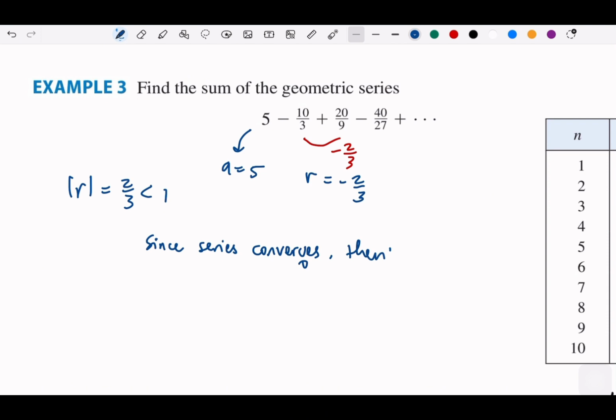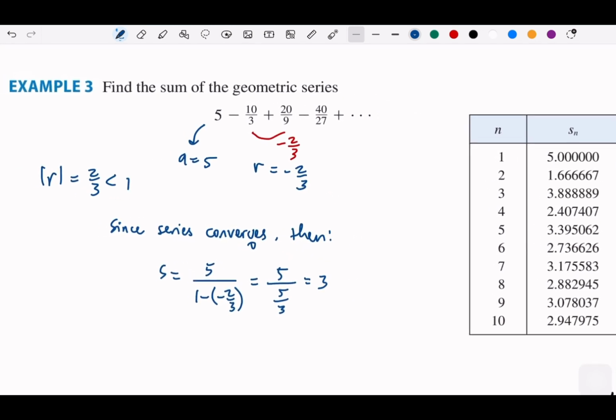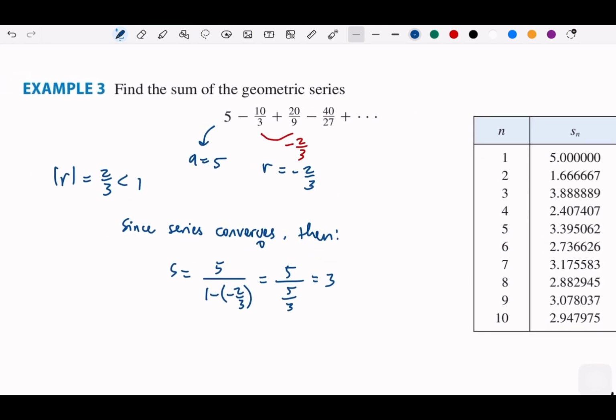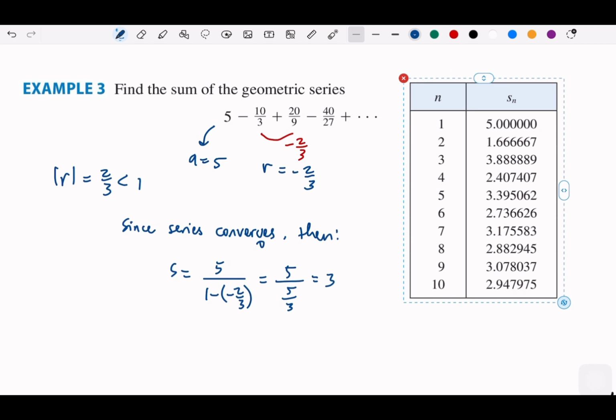Then the sum is 5 over 1 minus 2/3, so 5/3... so 3. And statistically, or in enumerations, if we are trying to compute one by one for the Sn, we could see